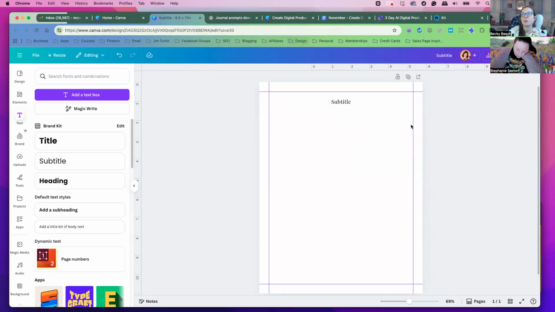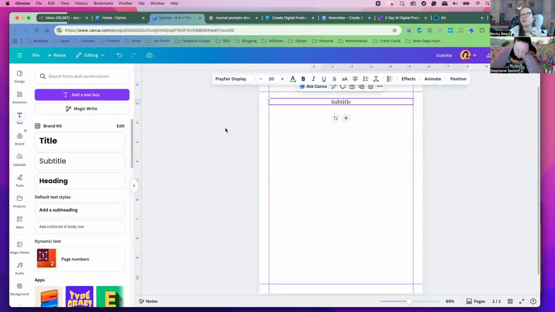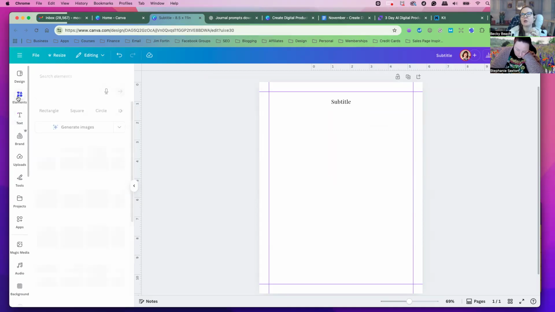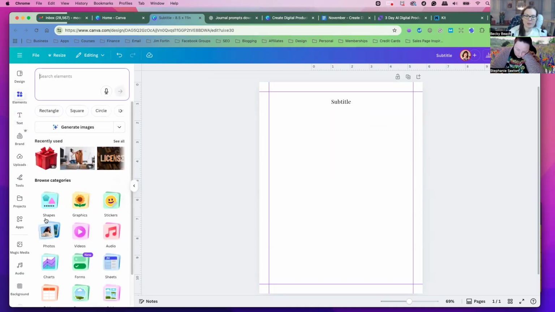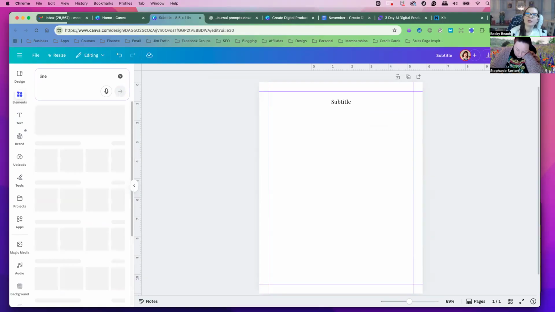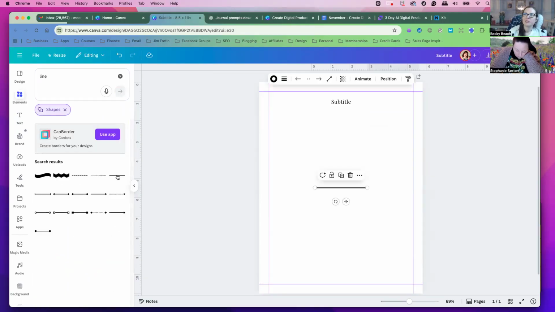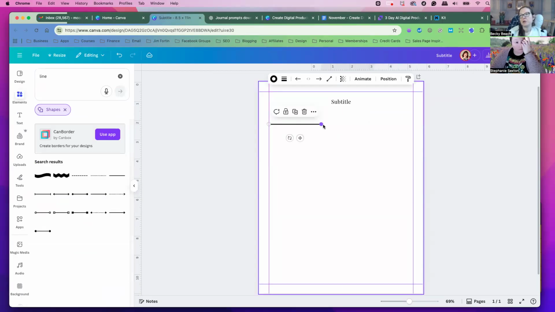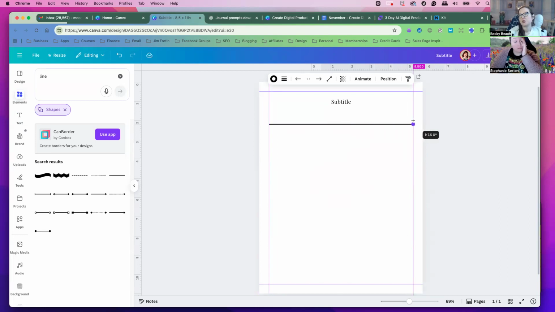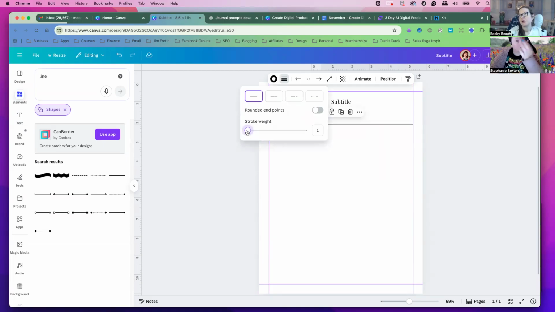Oh yeah, I did use a 0.5 margin. Okay, so then that's what we do first. And now we're gonna do lines. So I'm gonna go ahead and put line and then shape and then click, and then there's a line. And then I'm gonna put it like right there. And I'm gonna hold down shift and then move my mouse and stretch across. And then go to stroke weight and just bring it down.